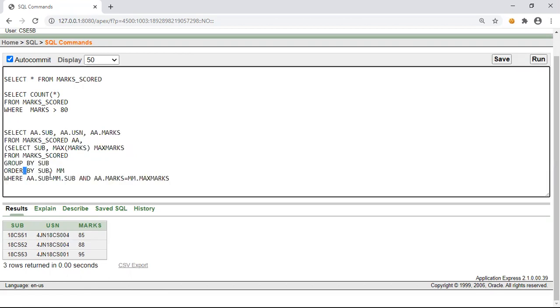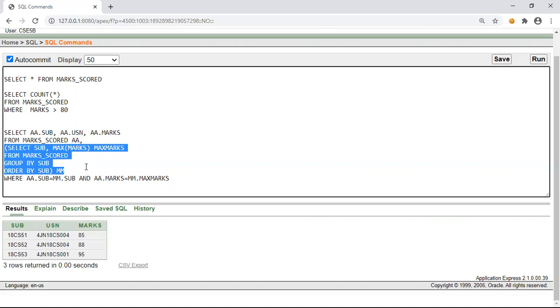So what is the logic behind it? We are creating a temporary table that is holding the subject codes and their corresponding maximum marks. Then we will be joining that maximum marks table with our original marks code table based on the condition that the subject code should be same and maximum marks should be same.